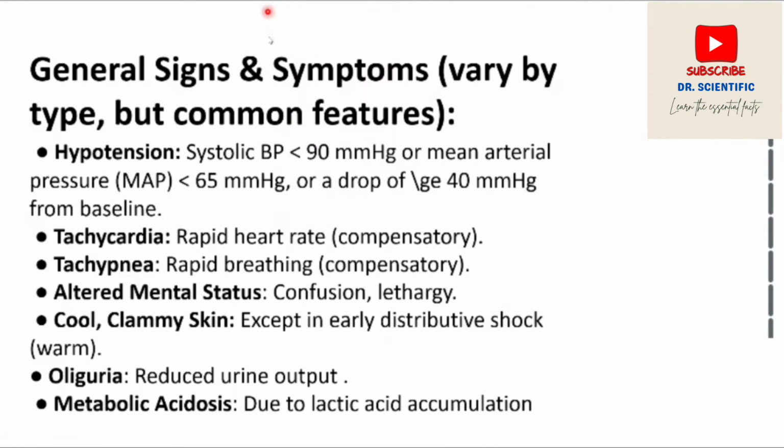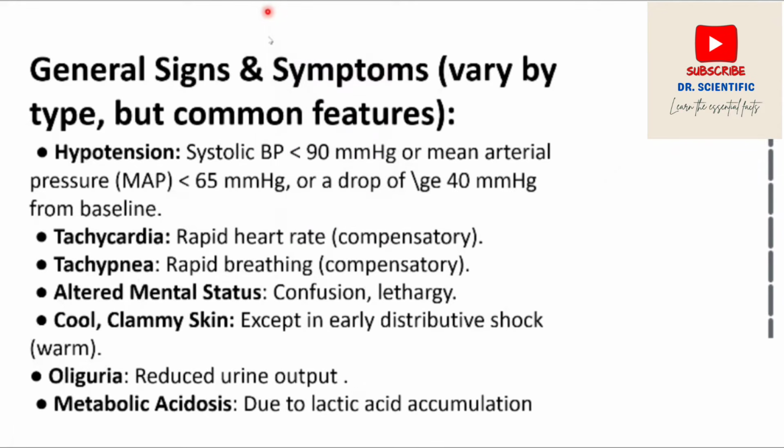Another sign is cool or clammy skin, but this does not display itself in the early stages of distributive shock. As I told you earlier, distributive shock is when blood vessels widely dilate, leading to hypovolemia, which is decreased blood volume. Another sign is oliguria, which is reduced urine output, because when shock takes place,